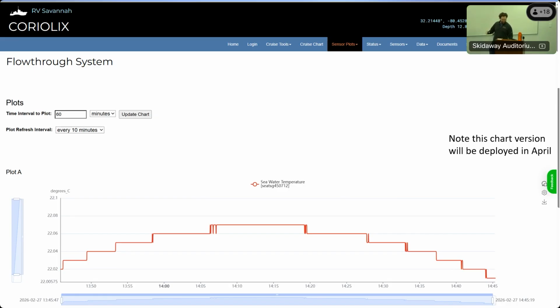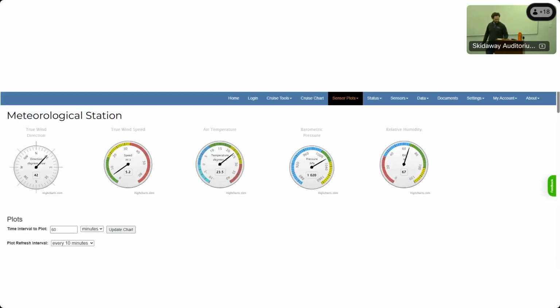Okay, so now we're moving on to the meteorological data. So it looks nearly the same as the flow through, except that it has the live data values on the top. Here you can see what the current or most recent reading was. These often read 0 when we're in port because the most recent reading was 0. I'm not going to go through this, but same idea. It has charts and graphs underneath it that look the same,